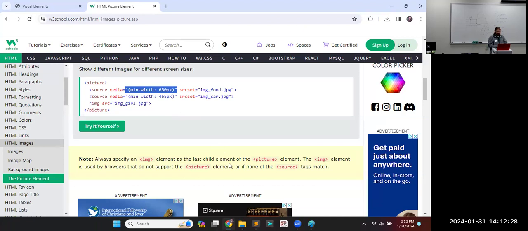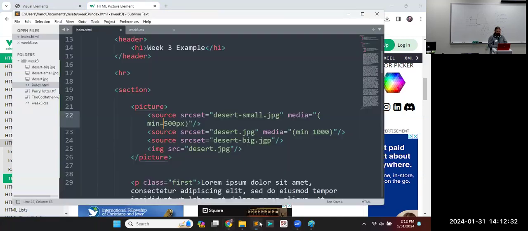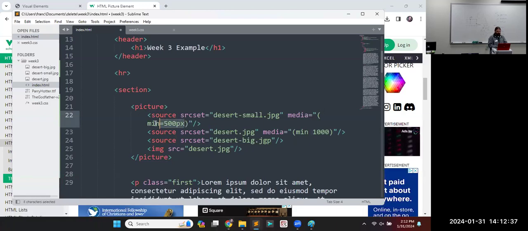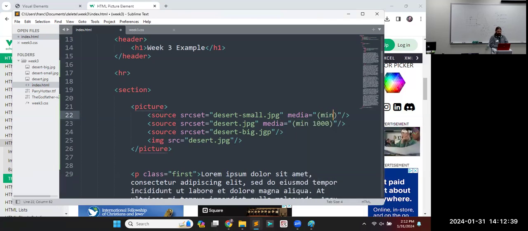And notice how we do have to put the units. Usually we leave the units off. Let me take this right. Min width